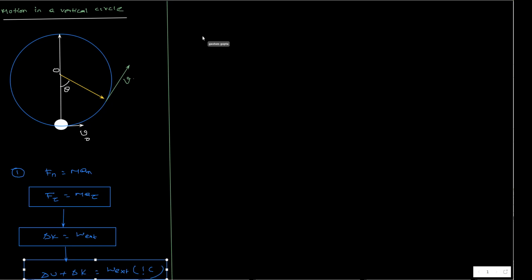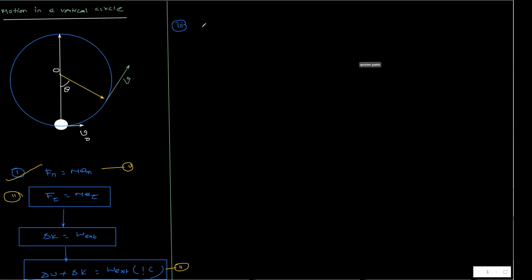So we'll not write F_tau equal to m a_tau, we'll write this equation, and then we will write this equation. So that will complete the analysis of motion, because we need two equations. The first equation, F_n equal to m a_n, we will keep as it is, and the second equation is the energy conservation that we will apply. Okay. Now let us write that. So these two things we'll do first, and the third thing is, in order to apply the condition that it has to complete the circle, right?